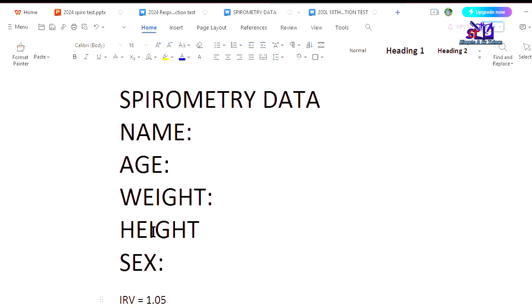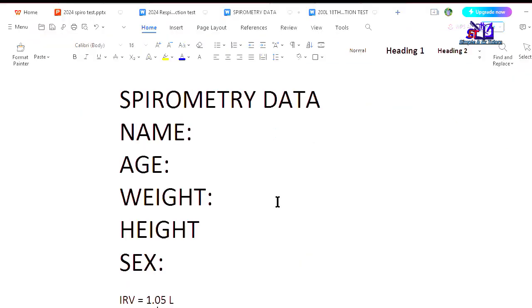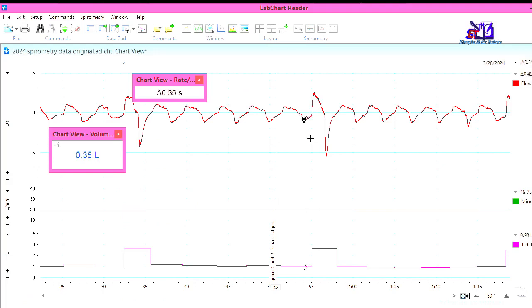Based on this subject, to measure our ERV, we're going to move the marker tool down to the trough, and then we'll measure this side. We have 1.5 liters. If you want to bring back the marker tool to its original position, you click outside, and the marker tool returns